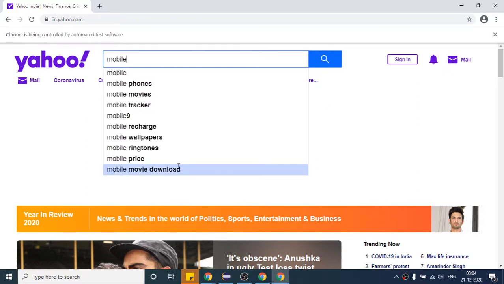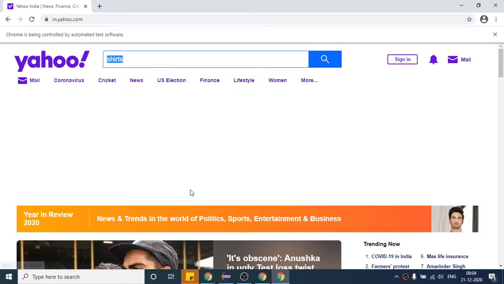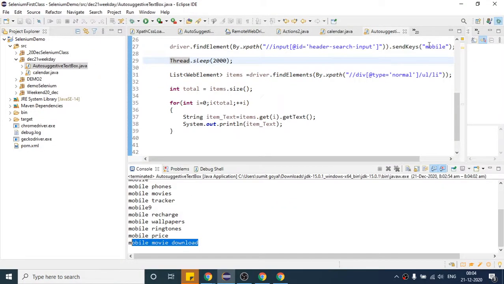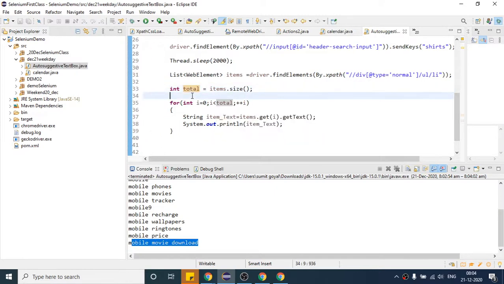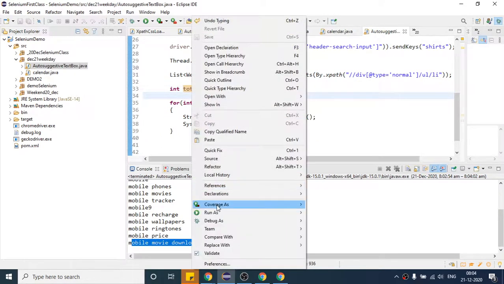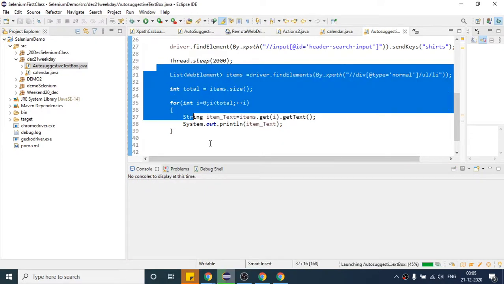Yes, it's clear. Suppose if I type shirts, even if I type this value here, then also it will work because the code will not change, the value will change. So if I write shirts, this time it will work, and you can try to debug that. I showed you how to debug that in case of calendar, right? Somehow it may so happen that here if you try to debug, your code will fail, but you can try after that. Just put the breakpoint. This part is very similar to calendar.